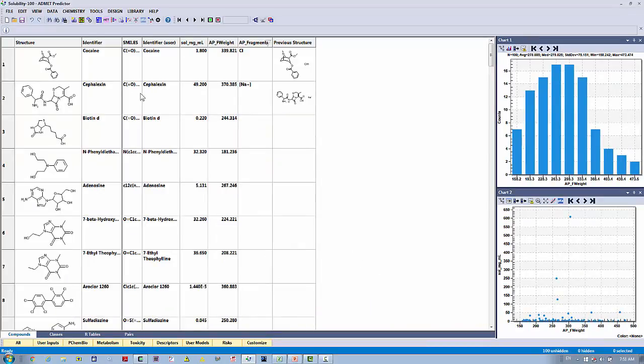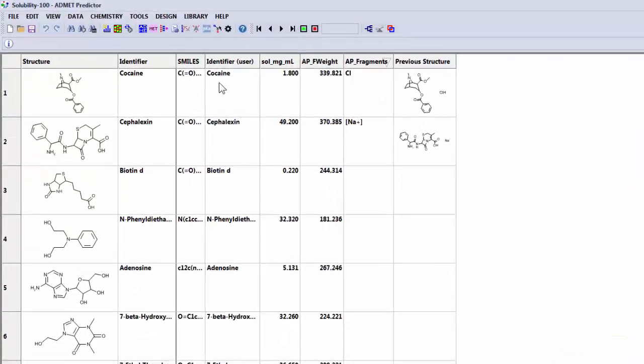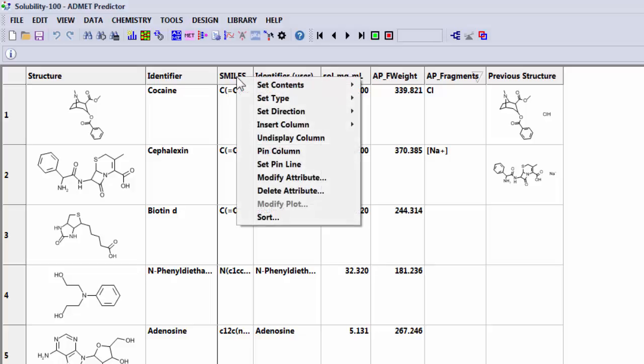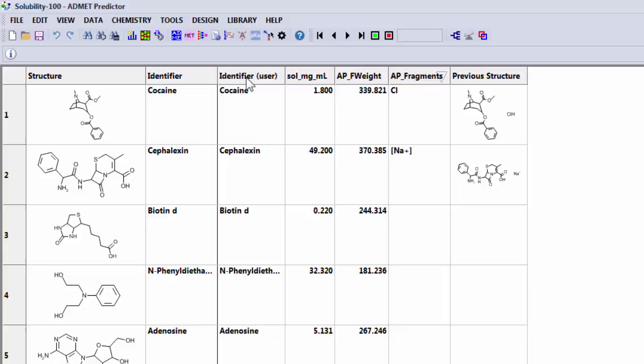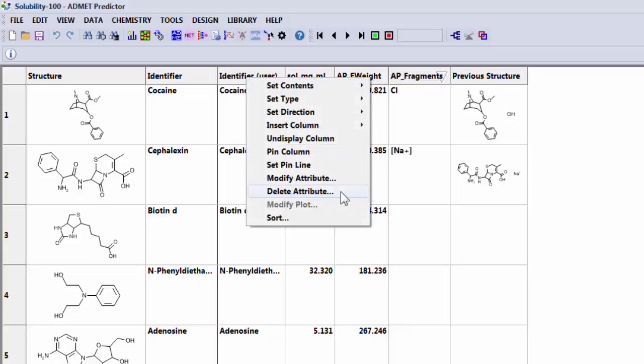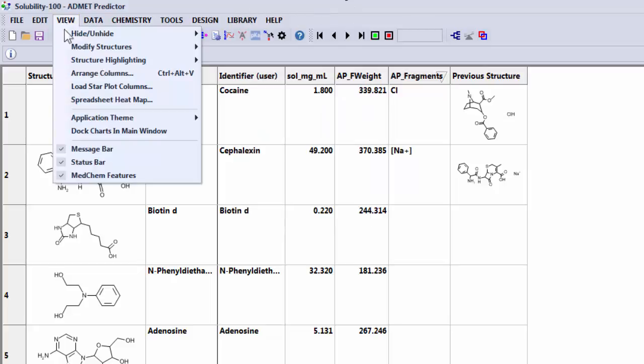Now I want to clean up or simplify this spreadsheet a little bit by undisplaying some of the columns. I can right-click on a column header and undisplay the column. I can also right-click and delete the attribute. If I delete the attribute, it will never come back, whereas if I undisplay it, I can display it later. There's another option under the View menu called Arrange Columns,